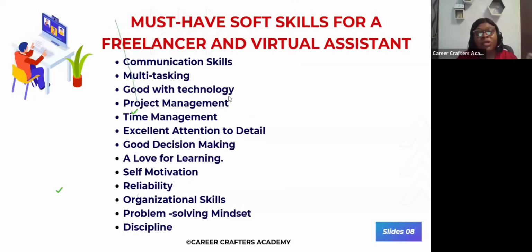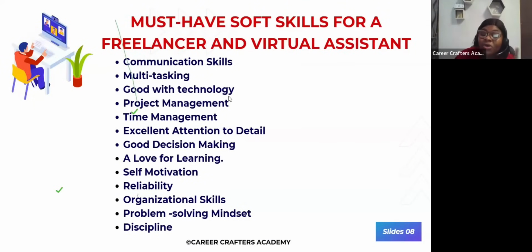You also need to have good decision making. Remember, when you're working online, it's not every time you get to speak with your boss. They'll just give you your task. It's not any little thing that happens that you start sending messages to your supervisor or your boss to say, "Something has spoiled." Sometimes you actually need to make a decision by yourself.